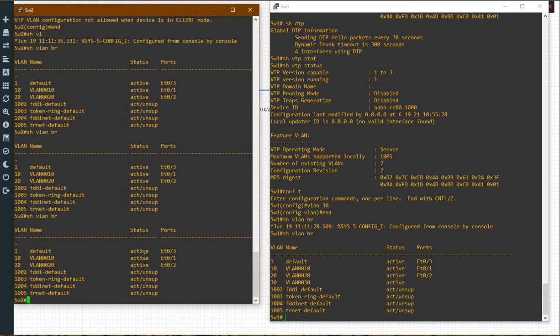So VTP messages are sent every 300 seconds. We will discuss in detail what those VTP messages are, and we have to wait for 300 seconds for the VLAN update to come. Those VTP messages that are sent by servers to clients or transparent switches are of four kinds. They are VTPs. Let me open